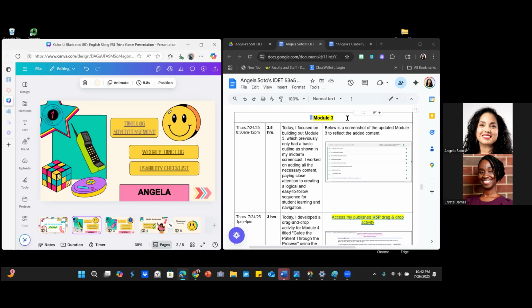I wanted to pay attention specifically to the logical and easy to follow sequence that I was providing the students. I wanted to make sure that it was organized and easy for the learner to navigate through. So I had to take a couple of steps back to make sure that I successfully did that